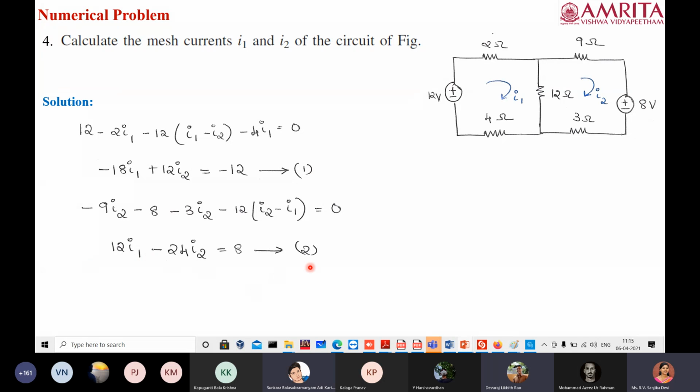Could you explain the second equation, how we got negative? Directly apply the KVL, no? So when you are passing through the 9 ohm, it is minus 9 I2. Then for 8 volt, it is minus 8. Then minus 3 I2. And coming to 12, we have to go in the direction of I2. So there will be a voltage drop when we come out of 12, so it has to be minus 12. And the total current through this is going to be the difference between the two currents, because the two currents are flowing in opposite direction. So I1 is coming down whereas I2 is going up. And actually we are going in the direction of I2, so there will be a drop. So it is minus 12 into I2 minus I1.